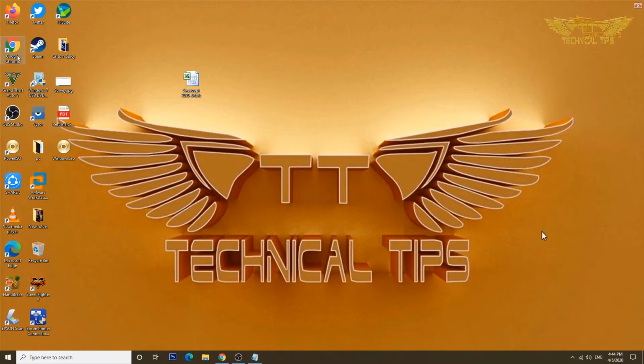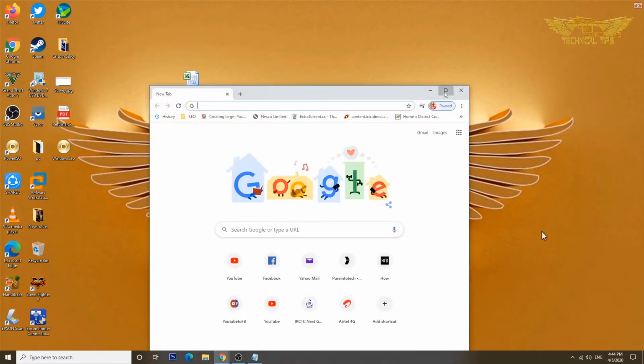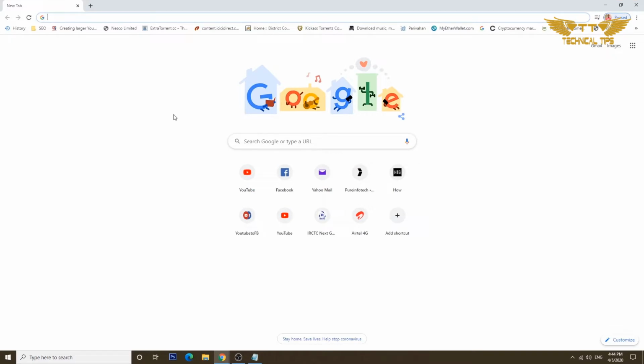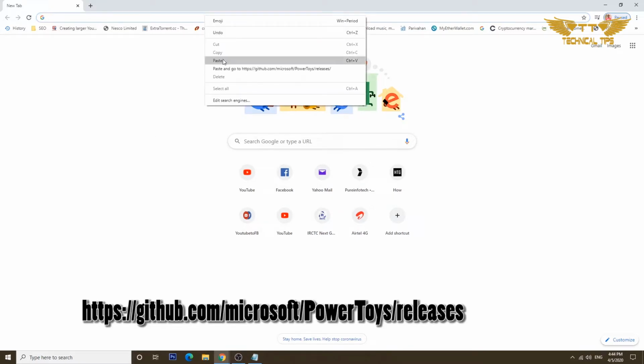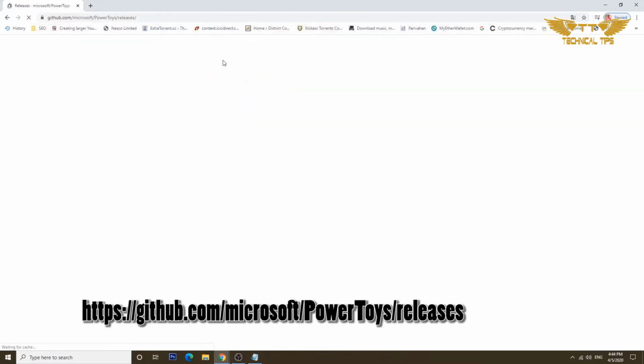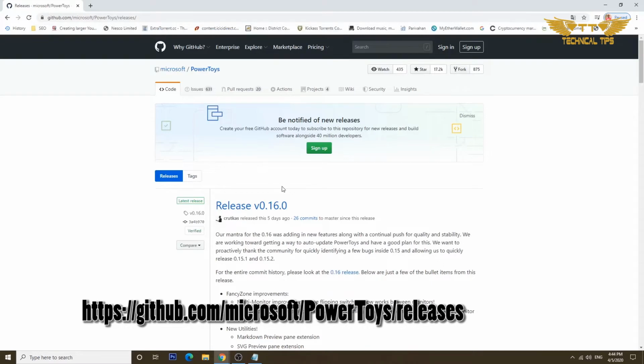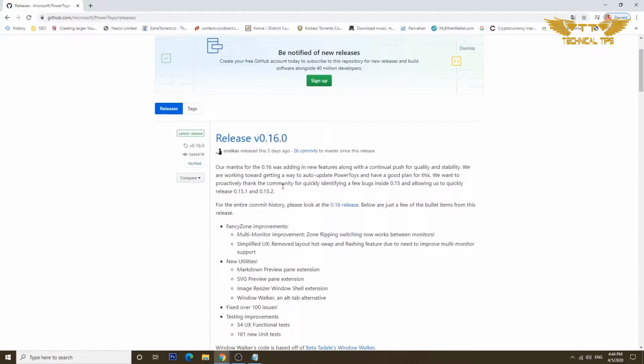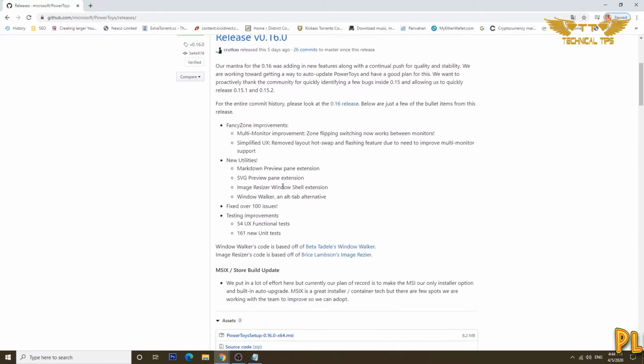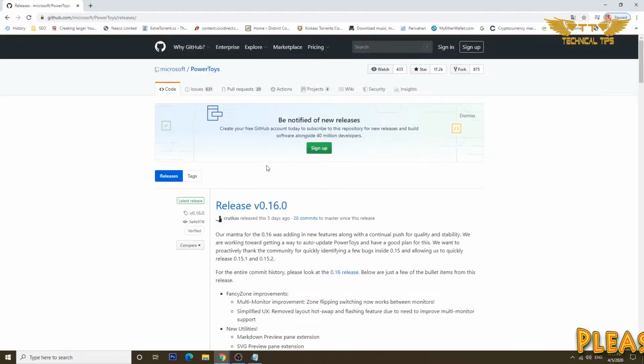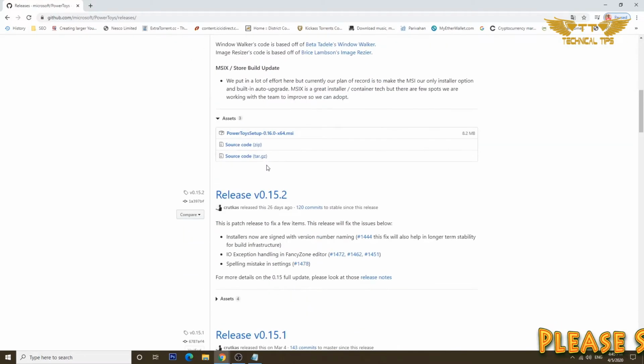So let's open up a browser. Simply copy the link from the description and paste in the address bar and press enter. So here you'll get the complete information about PowerToys utility. So once you have this page open, just scroll towards the bottom and click on the file that says PowerToys